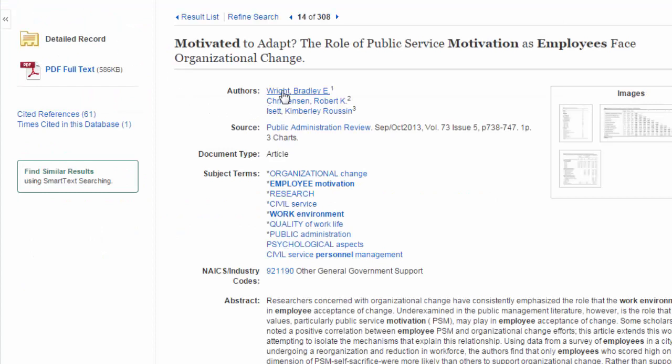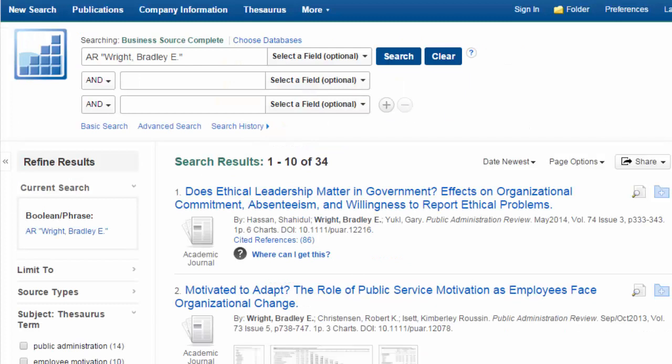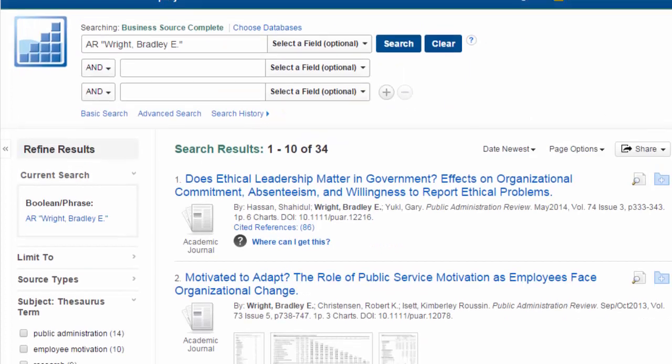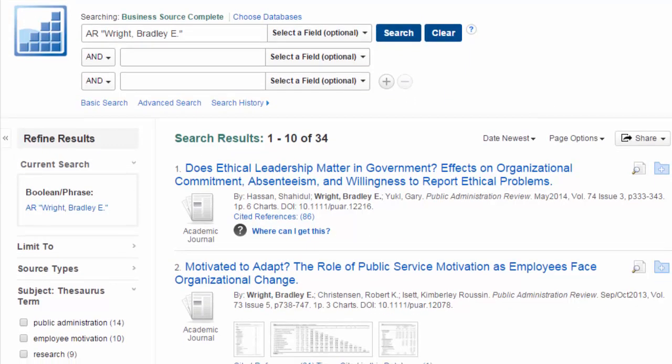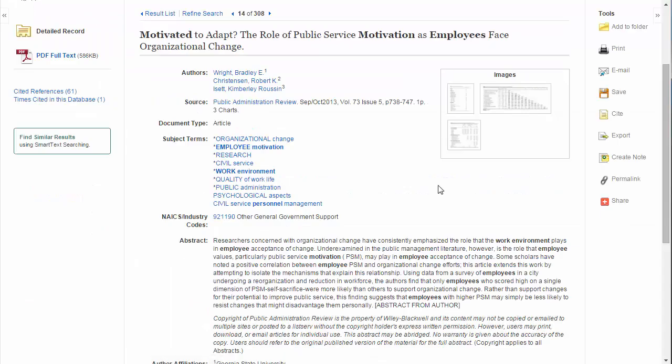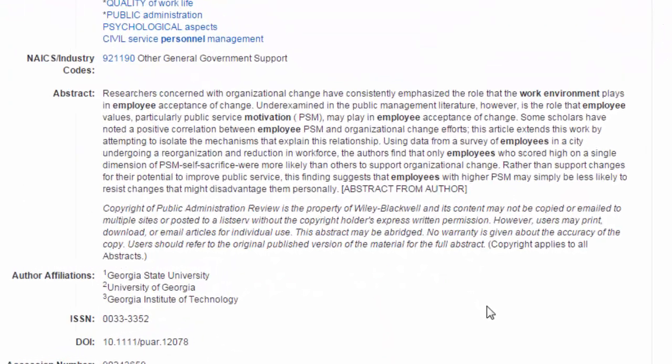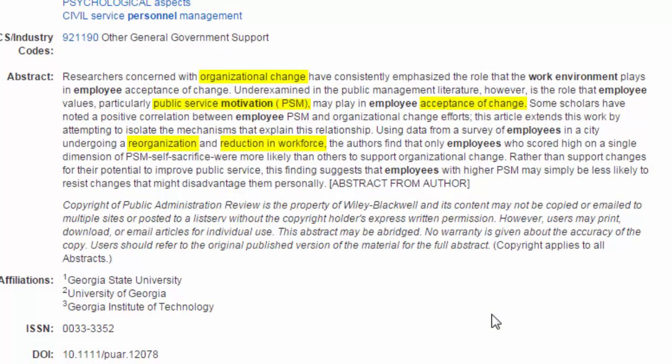You may also want to see what other articles the authors of your article have written. In many cases, they'll be experts on your topic and will have published multiple studies and articles on different aspects of that topic. Finally, when you scan the title and abstract of your article, you may come across other terms that you haven't thought of at first. Those additional keywords might be useful if you need to jump back to step 1 at any point. Be sure to note them down.